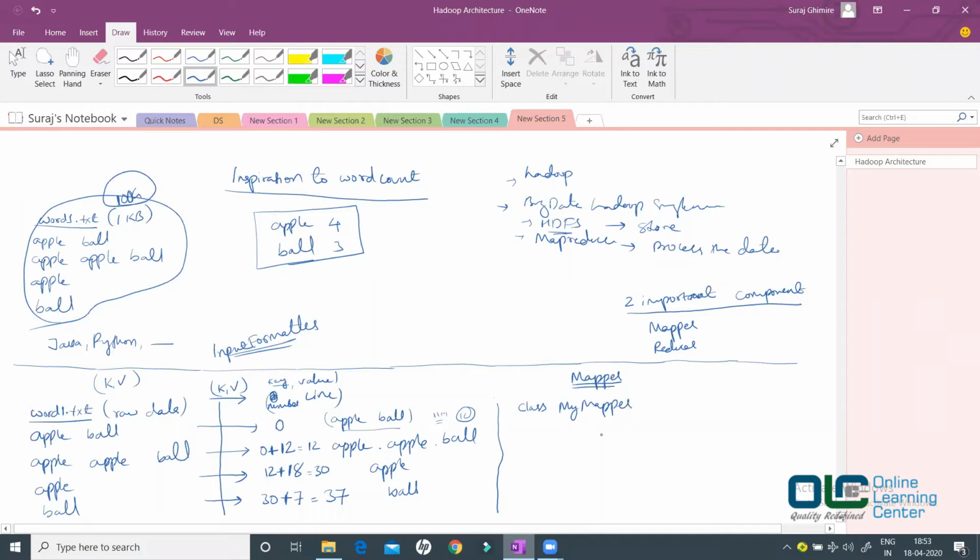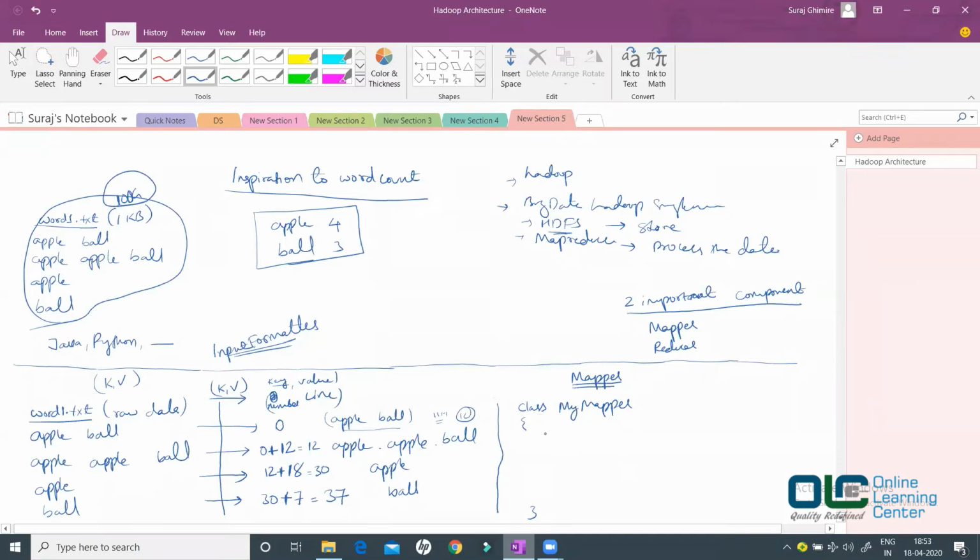I will not write the full syntax now. I'll just write pseudo syntax so that I don't give you extra information right away, because we will look into that when we start writing the code. Right now we will just write pseudo code so that you understand what is happening. I will not write completely what it is extending and so on. So you have my mapper like this.